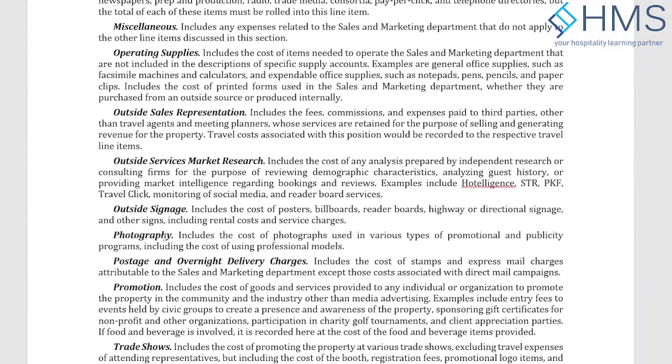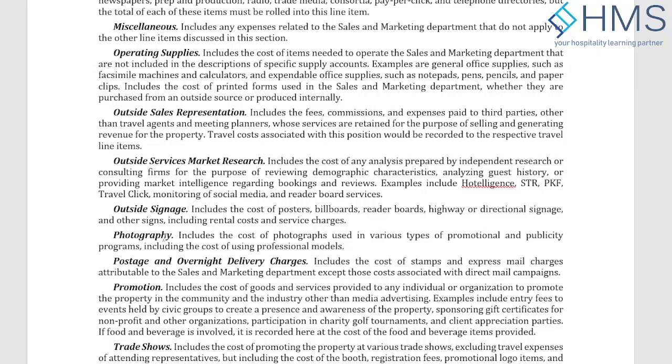Then you have operating supplies, which is general operating supplies of the sales and marketing department, like office things, notepads, and everything else. So it's nothing much. Outside sales representation companies are charged in this line, separate outside representation. So you may have sales representatives for Russia, for Europe, for the US. There may be fixed fees, and sometimes they charge a fixed fee plus a certain percentage on the revenue generated by them.